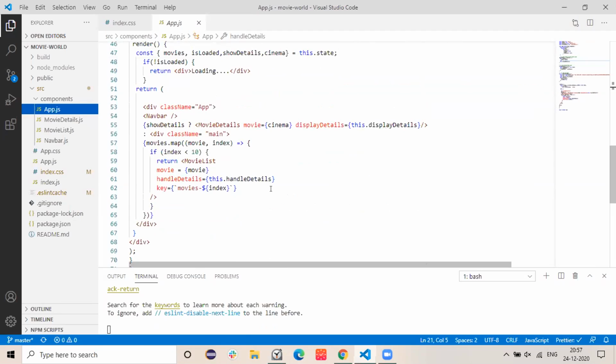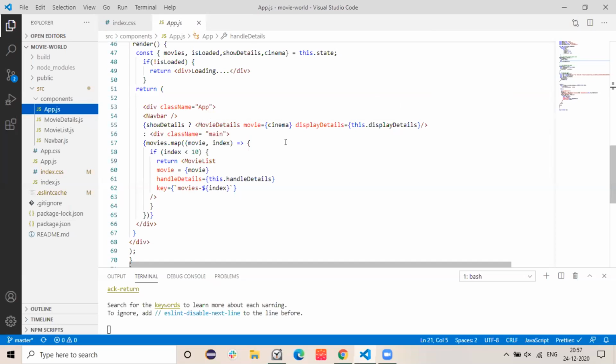And in the app, we're showing the navbar, which is common for all the components. When the user wants to see the particular movie details, this component will be rendered.